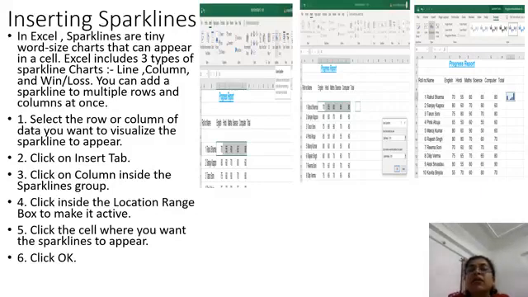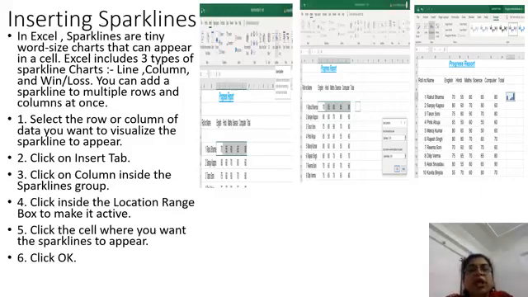See here, English, Hindi, and then maths marks, science marks, and computer marks. Total I have not included. I have left that column blank, and after the marks I have selected the cell where I want the sparkline to be displayed. After that, click on the Insert tab. Click on Column inside the Sparklines group because we want the column-wise sparkline.